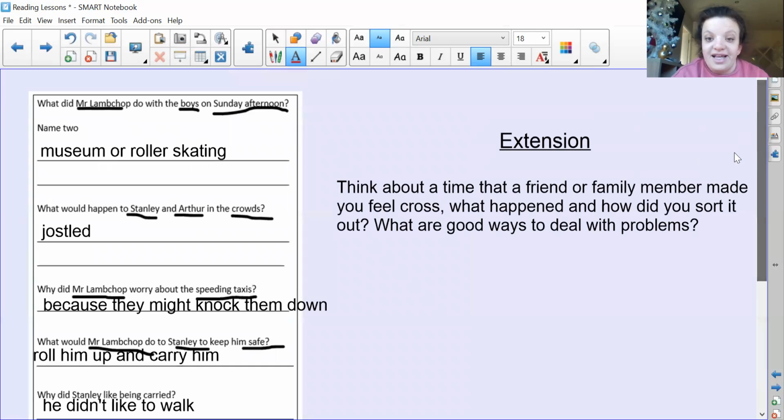We're now going to have a go at an extension. So think about a time that a friend or a family member made you cross. What happened and how did you sort it out? What are the good ways to deal with a problem? Write it down and send any of your answers and any of your ideas to